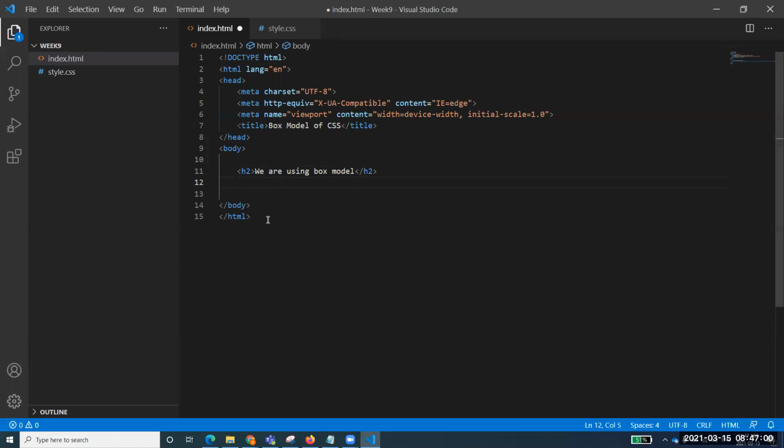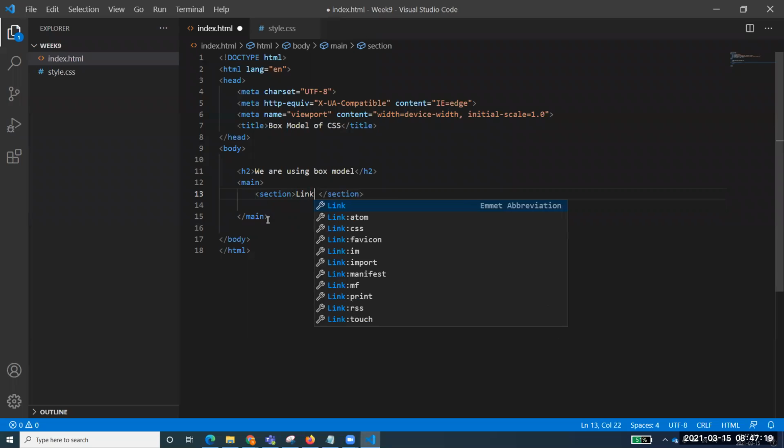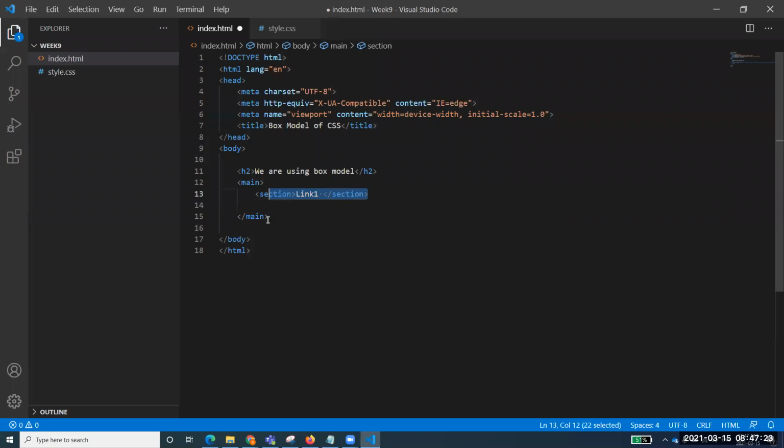So let's create a main section. We have got a main; when you are structurally organizing your contents in an HTML page, main is one of the sections that comes. And inside that main, I'm using 3 sections, right? So the first section I'm calling link 1. And the second section, so again, just complete this one, and then I'll discuss this box model by considering this example, and you would be